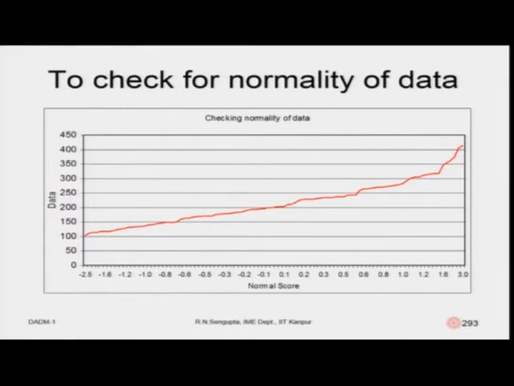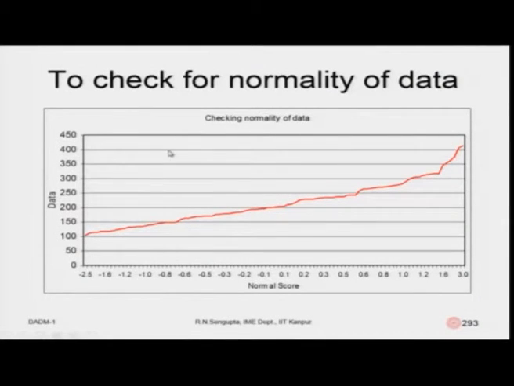So, the line joining would be a 45 degree line, which means the corresponding quantiles match, between the z distribution and the unknown one, which is the x distribution. We are denoting it by the random variable x. If the values match, then obviously the quantile to quantile values are the same. So, technically, I am just writing here that the quantile values should lie exactly on a 45 degree line.